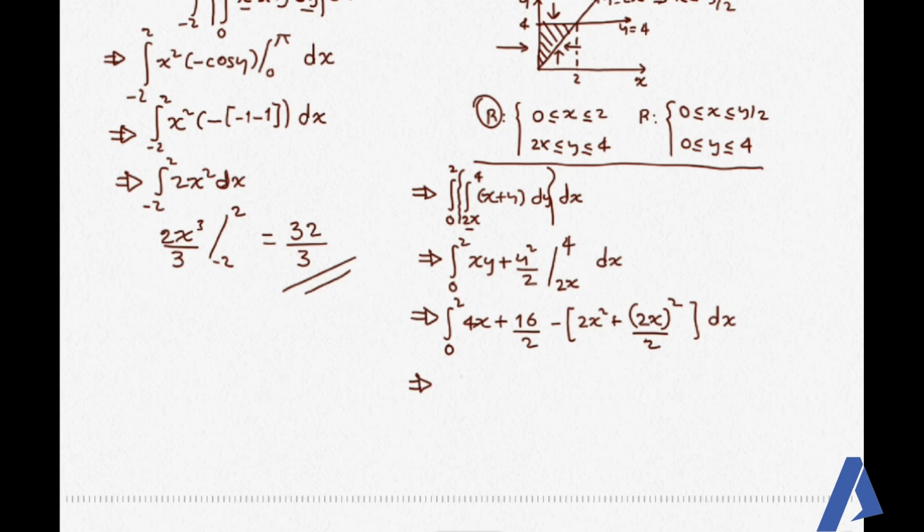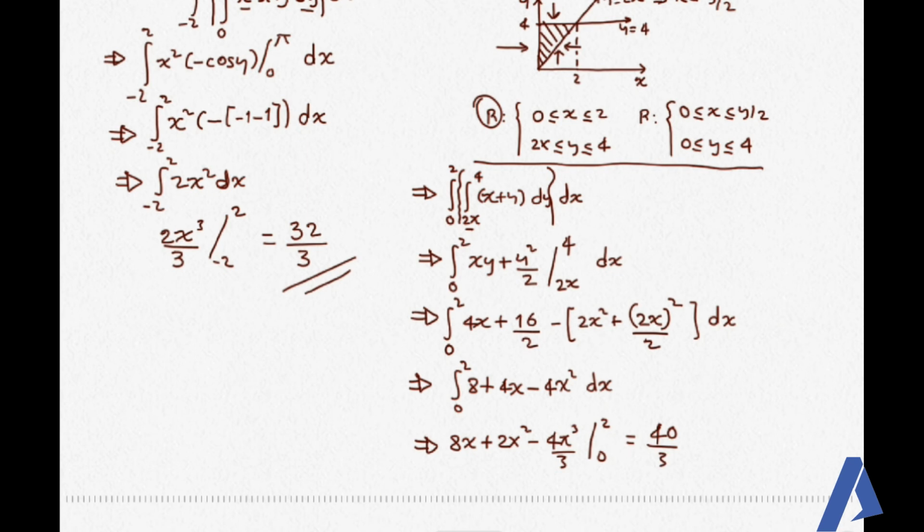ስለዚህ this implies that ይህንን simplify ስናደርገው the integral from 0 to 2 of 8 plus 4x minus 4x square ይሆናል ማለት ነው with respect to x. ይህንን ኢንተግራል ያው it's a single integral ስለዚህ ቀላል ነው ማለት ነው። ስለዚህ this is equal to 8x plus 2x square minus 4x to the power of 3 over 3 evaluated from 2 to 0. ስለዚህ ፋይናል አንሰራችን ይህን ሰብስቲትዩት ስናደርግ it's 40 over 3. ሁለተኛውንም ሪጅን በመጠቀም the same value ነው የሚመጣልን ቼክ ማድረግ ትችላላችሁ።